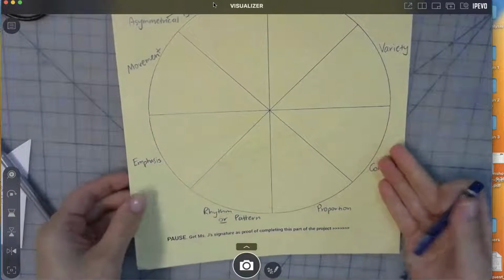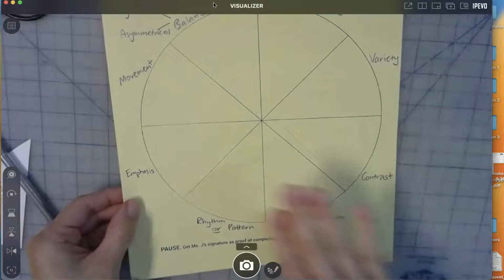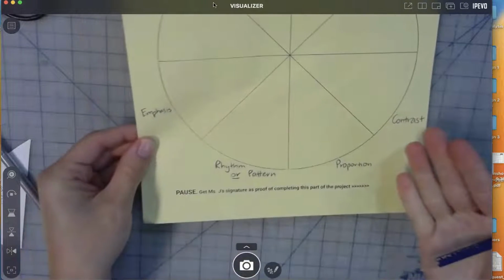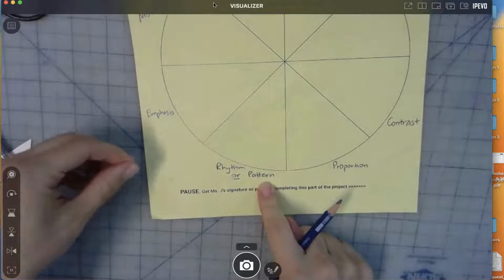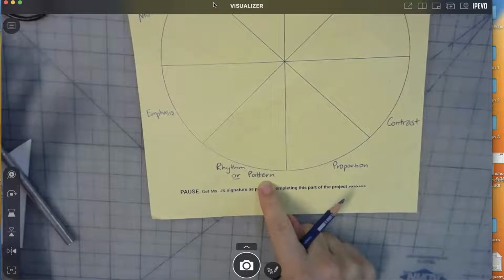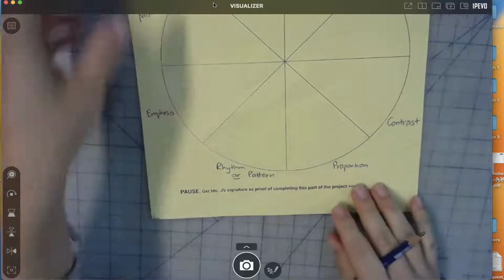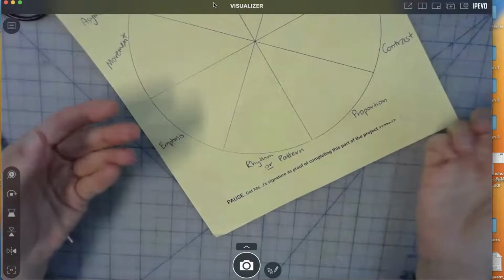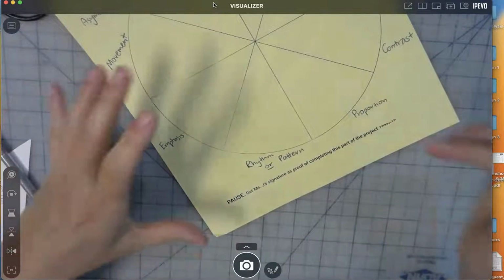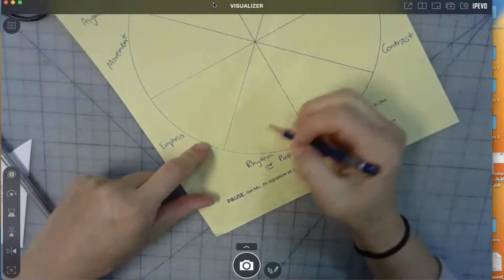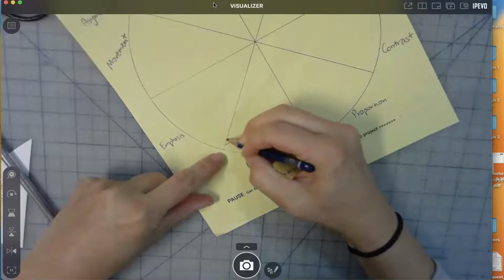Now in terms of drawing your thumbnail drawings, because you're basically making a plan inside each slice, let me demonstrate, okay? So think about rhythm or pattern. Pattern means we're repeating shapes, lines, forms. Rhythm, something is repeating, but there's a sense of rhythm to it. So going off my example here, right? This is just a drawing, okay? It's not going to be what I'm necessarily cutting out from here, but it's a drawing. So let's say I want to make a series of shapes like this.